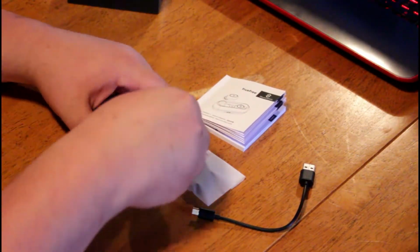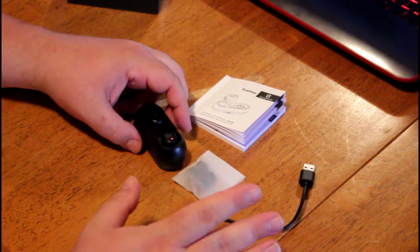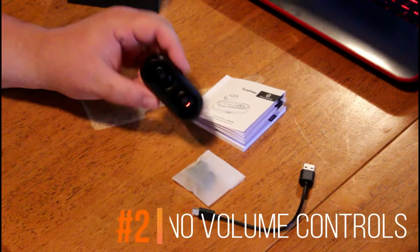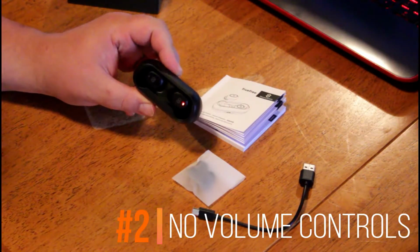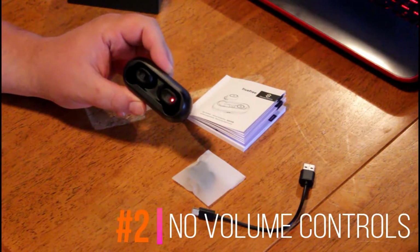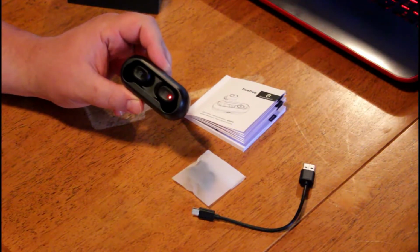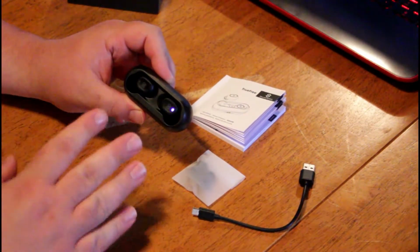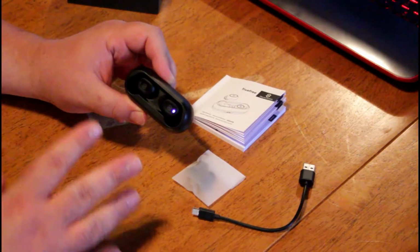And the other drawback is that there's no volume control on the headset. So the idea is that if you need to adjust the volume, you pull out your phone and adjust the volume. But in terms of starting or stopping music, starting or stopping a call, rejecting a call, any of the different commands that you might like,